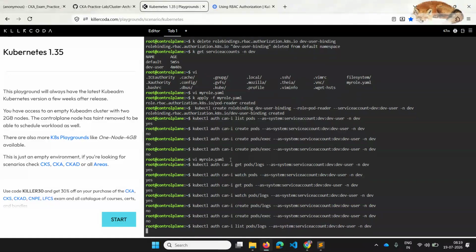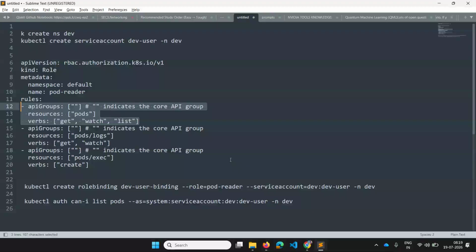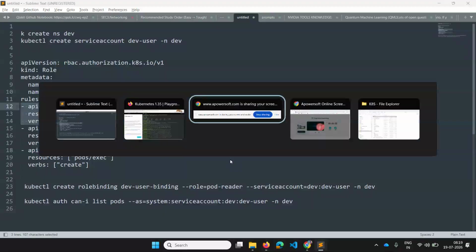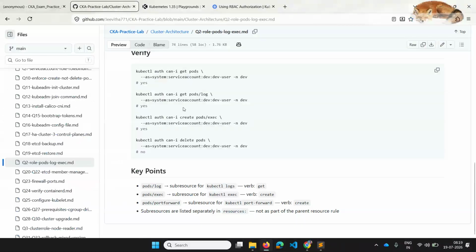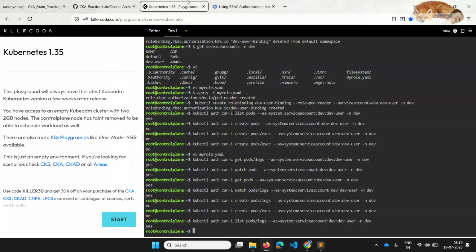I didn't apply list, but still I get yes for pods slash logs. So what I'm assuming here is that if I check for any sub resource and that particular access, I should be getting yes. But when I'm verifying here, I'm getting no.